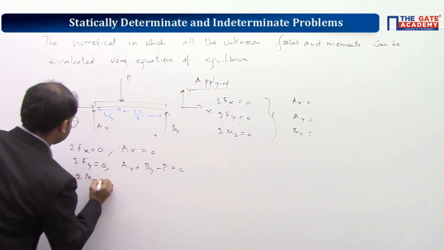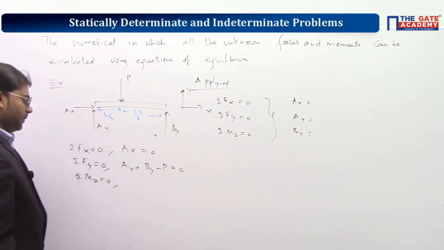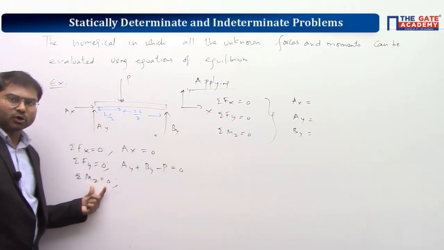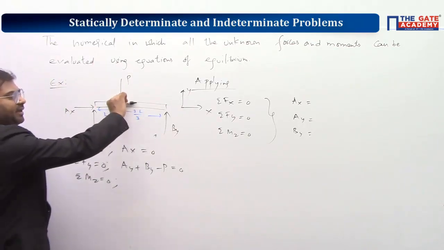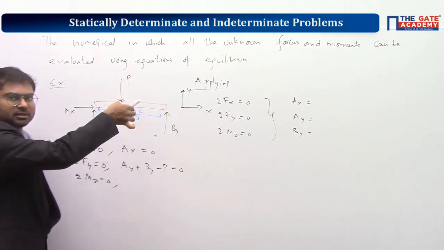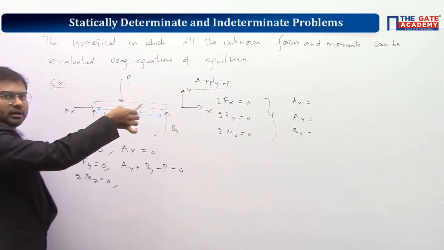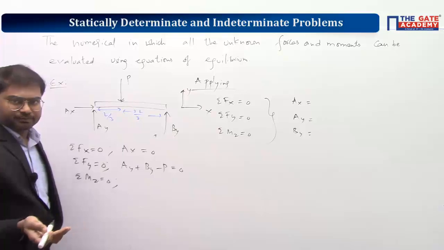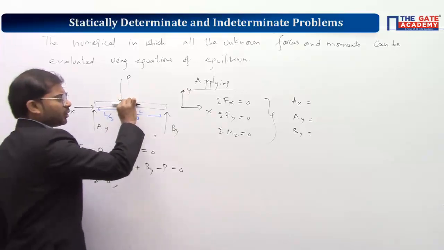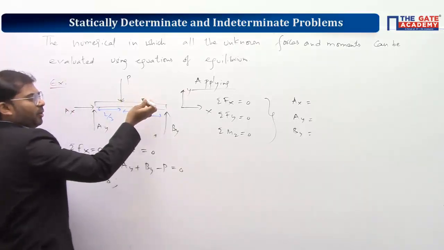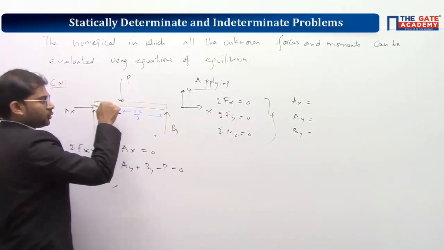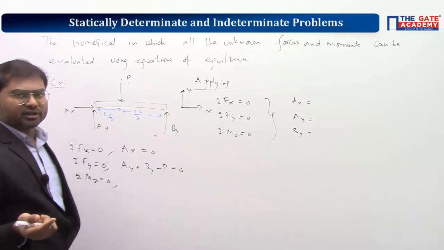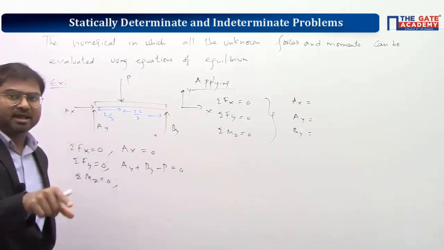Now taking moment here, sigma Mz is equal to 0. The meaning of this equation is we are taking net rotation about z axis 0. So when this whole body is not rotating about z axis, you can take it through any point. If the body is not at all rotating, it is not rotating about this point, or through this point, or outside this point. So you can take any point according to your convenience. You'll get the same answer.